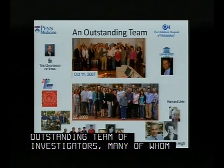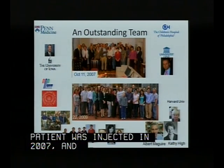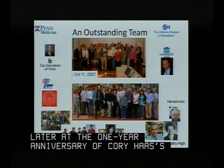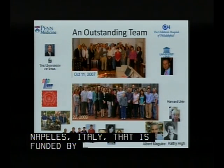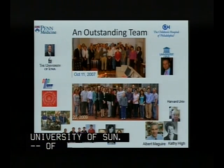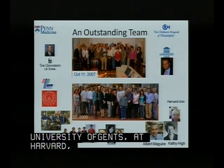This is the crew the evening after the first patient was injected in 2007, and then 2 years later, at the 1-year anniversary of Corey Haas's injection. It's an international team of investigators. We have a site in Naples, Italy, that is funded by Telethon Institute of Genetics and Medicine and Second University of Naples. We have collaborators at the University of Ghent, at Harvard, and University of Iowa,